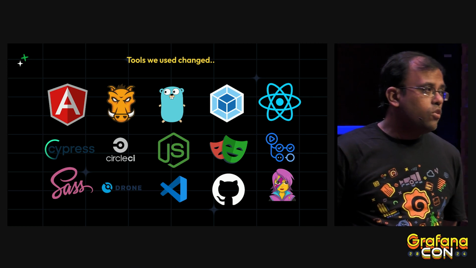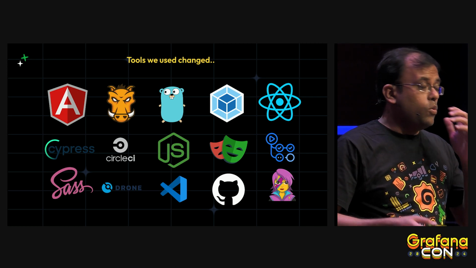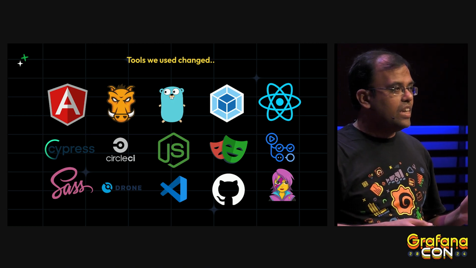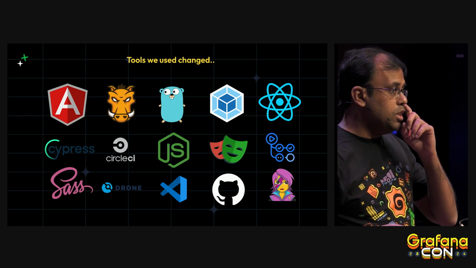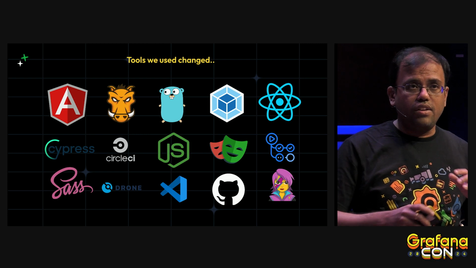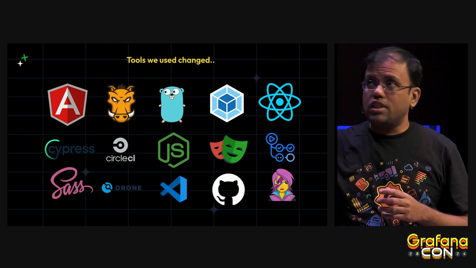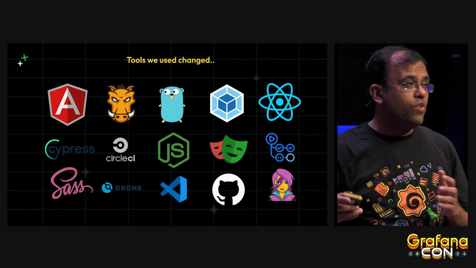Okay, not only the query builders and config pages, but the underlying tools also changed. One of the biggest changes: initially our plugins were created using AngularJS, which is already deprecated. As Mitch mentioned, we are going to completely remove it in the next Grafana, and we have put it behind a feature flag. So that's one of the biggest transitions. Lots of tooling also changed how we develop the plugins.